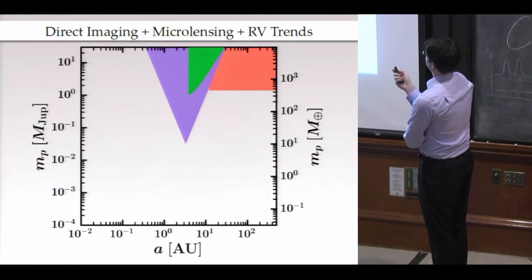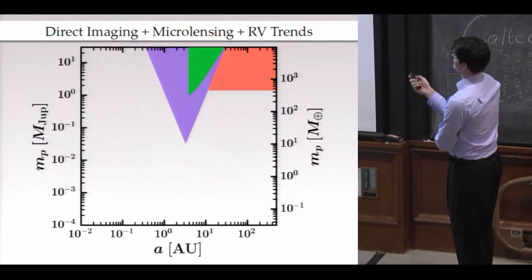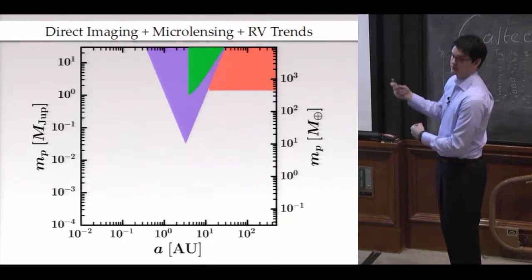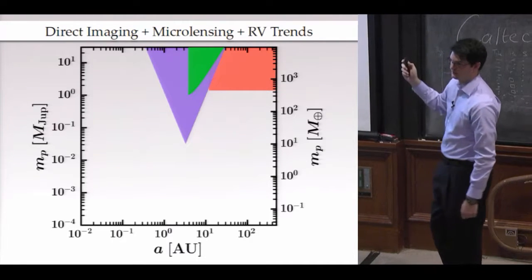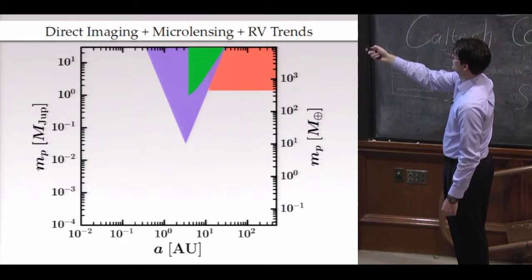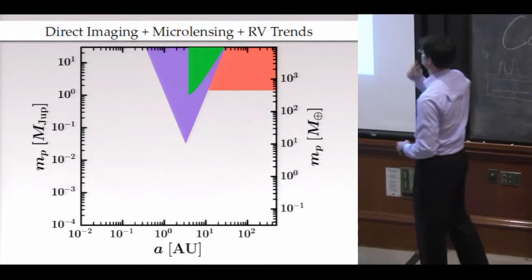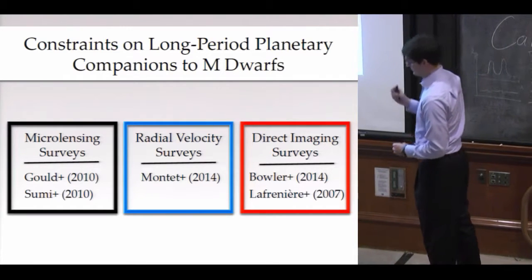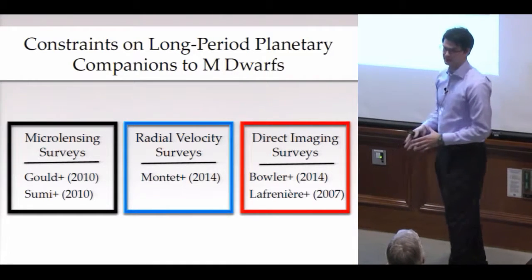So here are the sensitivity regions of the various techniques that I'm going to look at. And now, since I care about long period planets, I'm interested in the long-term radial velocity trend detections. This green region here shows roughly where current RV surveys are sensitive to long period trends. In this study, I include results from 5 different surveys that employ these 3